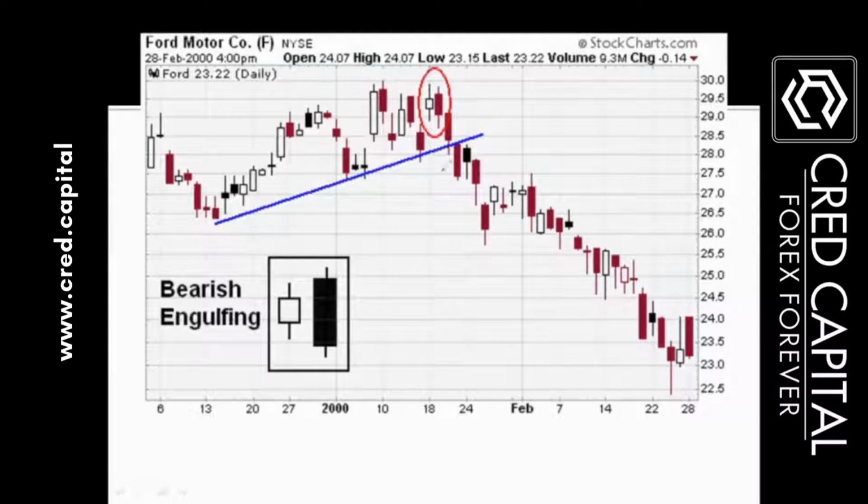This is a market in an uptrend. Okay, and we will have a bearish engulfing, like this one is a buy candle with a higher shadow and a lower shadow, and this prior candle will be engulfed by this bearish candle. This bearish candle will engulf the buy candle from top to bottom. Okay, so this will be treated as a bearish engulfing, and the market will continuously step towards the downtrend.